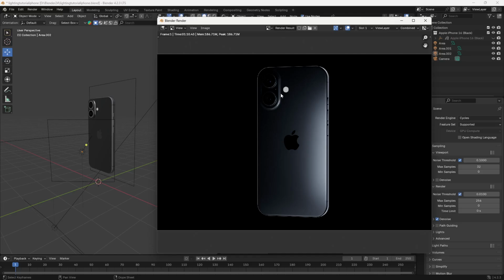In future videos, we are going to look at a product visualization series. So I'm going to show you how you can do the proper lighting here, how you can set up the lighting, how you can do the post-process composition in Blender itself. So I'm going to show you that as well. So stay tuned for this.